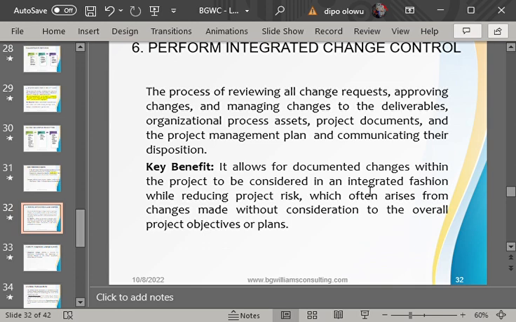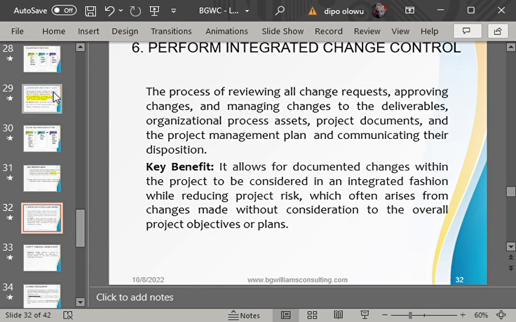Who should be part of the board that looks at that change and carries it out? So take note, change is possible in every project. In short, change is inevitable. But take note, in such a project, there is a systematic process that must be followed to carry out that change.